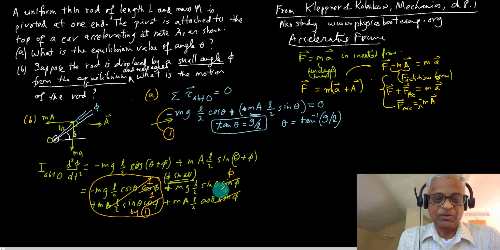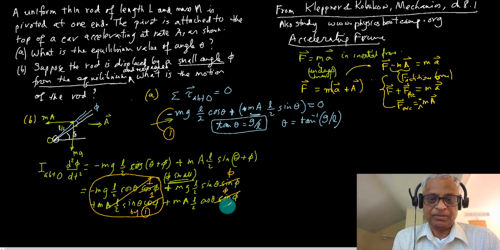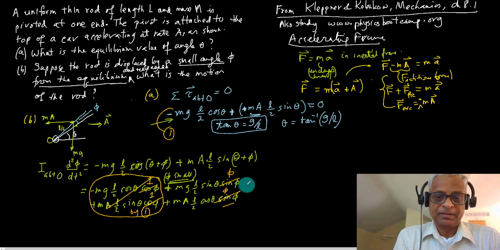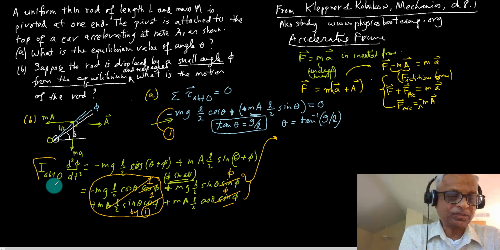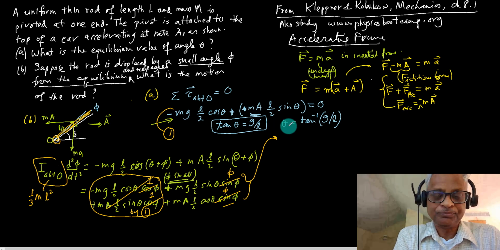And over here, and this one is because on the edge the moment of inertia will be 1/3 ml square. So we have d square phi dt square,